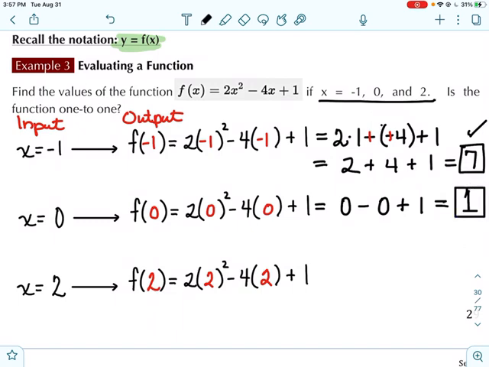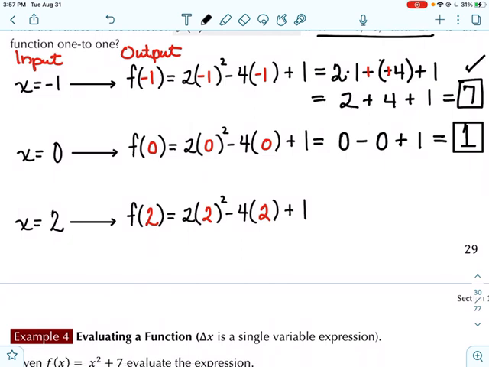Okay. When we input 2, again, only working on the right-hand side of the equation, so we get 2 times 2 squared. We'll move a little bit faster. It's 2 times 4, or 8, minus 8 plus 1. So interesting, right? We have two values